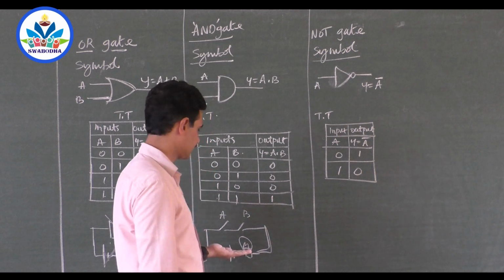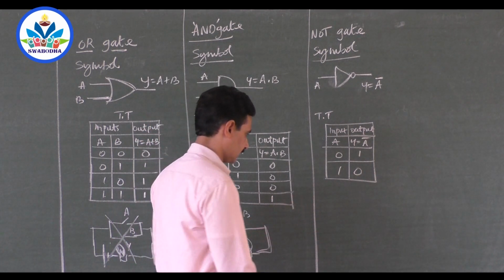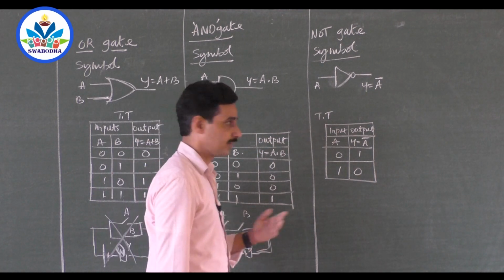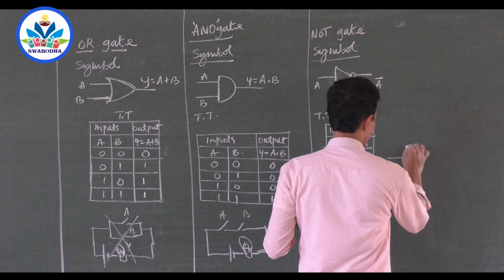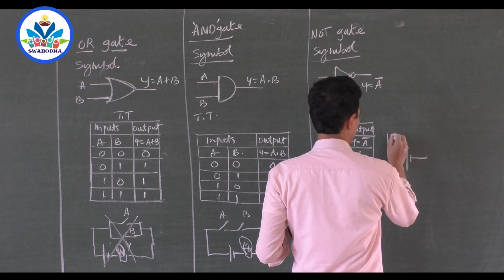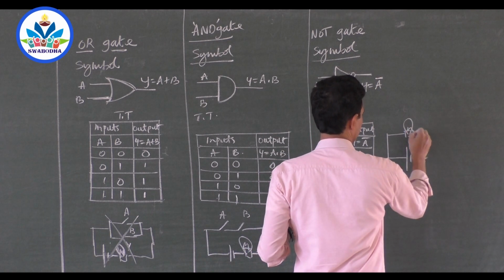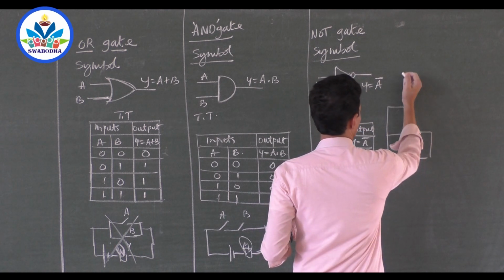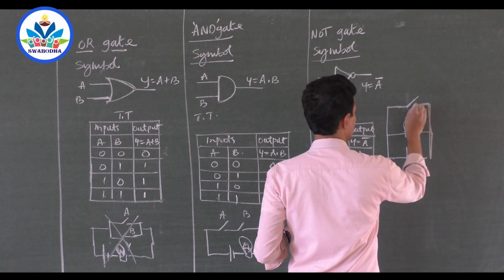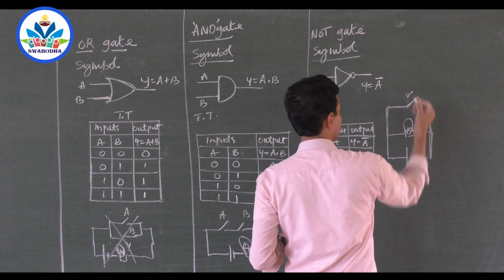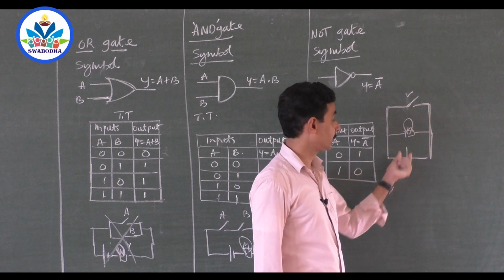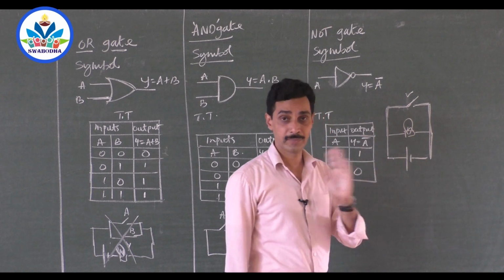Of course, if you want a similar circuit like this, I will give you a circuit which is not at all a proper circuit, right? It's a wrong circuit because nobody will construct it like this. You connect a parallel battery like this and a parallel switch here. When you switch it on, it shorts, because this is simply a wire, right? But fortunately this wire is open. Now the bulb is safe because current flows through only the bulb. The battery has to supply current to the bulb only.